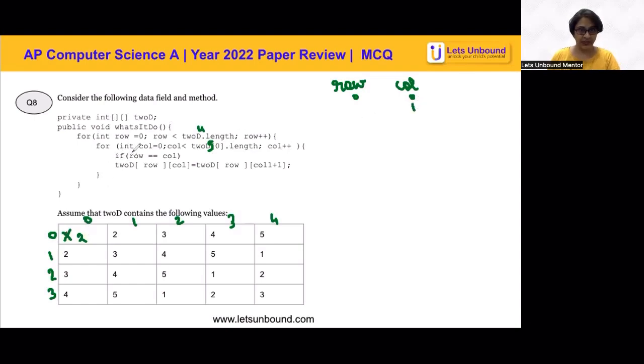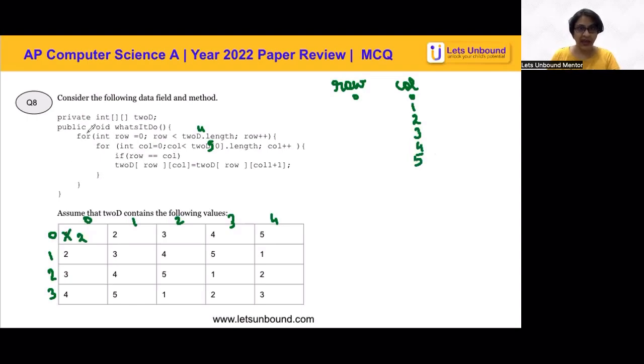So this condition becomes false. Col is incremented to 2. Condition becomes false. Iterated to 3. Condition becomes false. Iterated to 4. Condition becomes false. Once again 5. Now since this 5 will not satisfy the inner for loop condition,